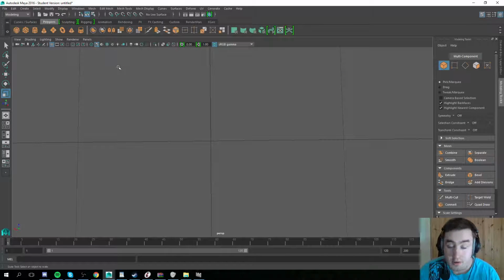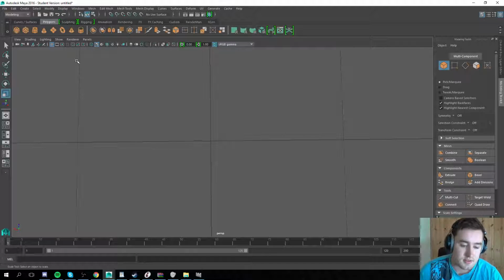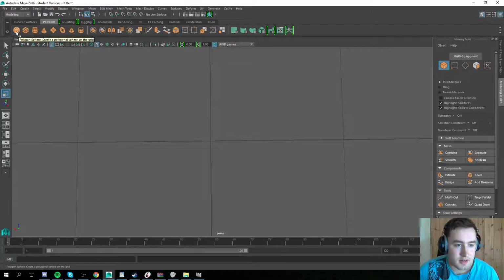Hello, today we are going to make an object for Toribash. In this tutorial we will make a hat, which we will put on the head of the character in game. To start off, we go to the Polygons tab, press the sphere,